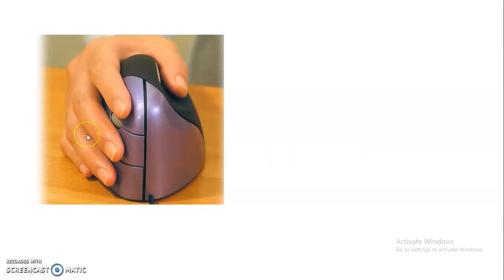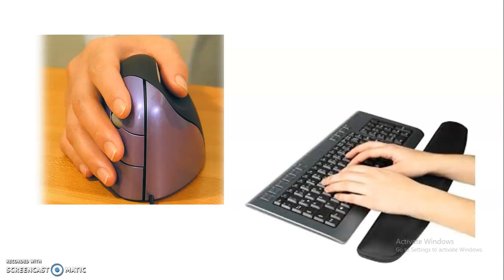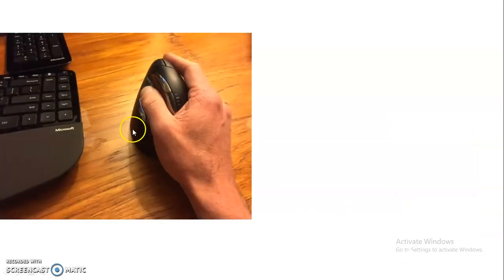There are a couple more ergonomic keyboards available, less available in India but available worldwide, and they will soon be coming to India also. These are expensive nowadays, somewhere around 3,500 rupees for a mouse up to 10,000 rupees. So these are other ideal postures. What you have to do is keep a small gel pad to support your wrist while typing.